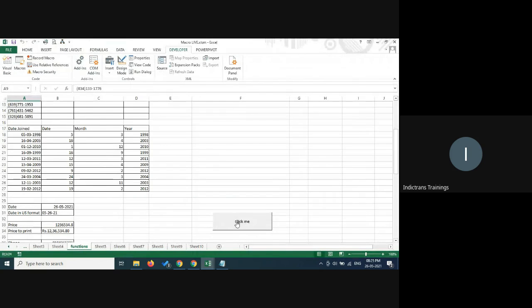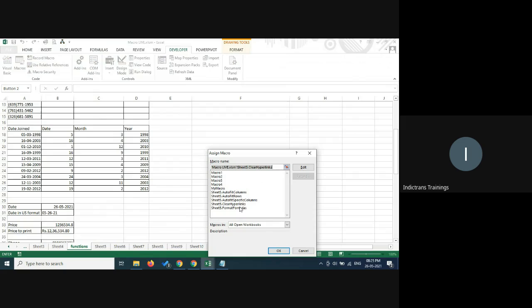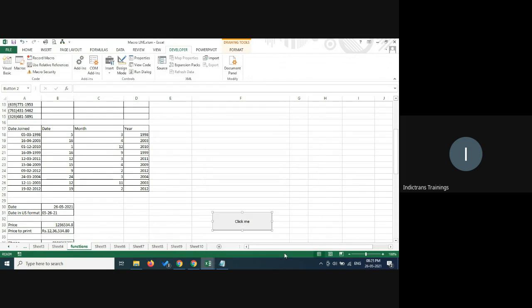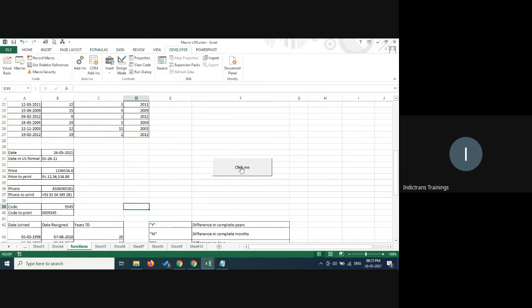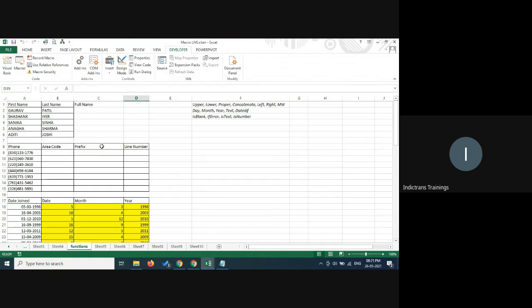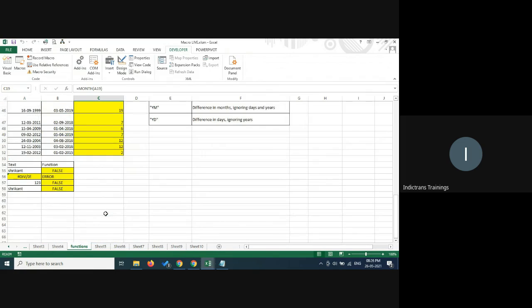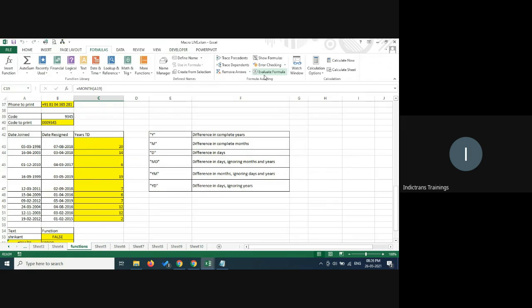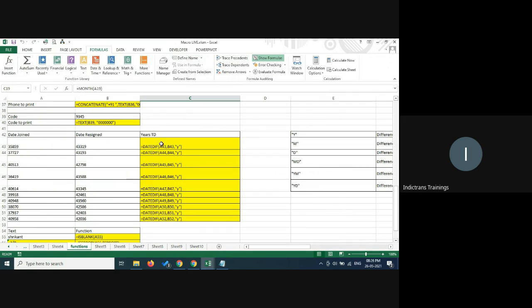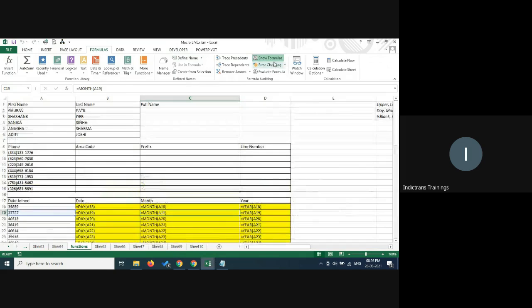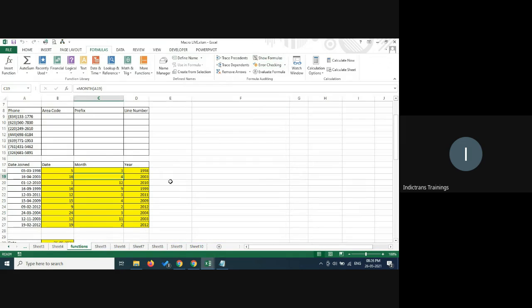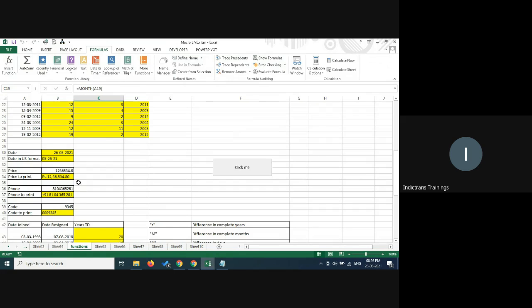So let us go ahead, click me, assign macros, and what is that, Format Formulas, yes, and say OK. And here we just click me, and you see these are all the formulas, and you can go and check. Earlier I had talked about the button in Formulas, which is Show Formulas. It will show the formulas. But sometimes you get data and you just want to know which cells have formulas. It could be very random, and this kind of thing comes in pretty handy. So you could just simply do that.